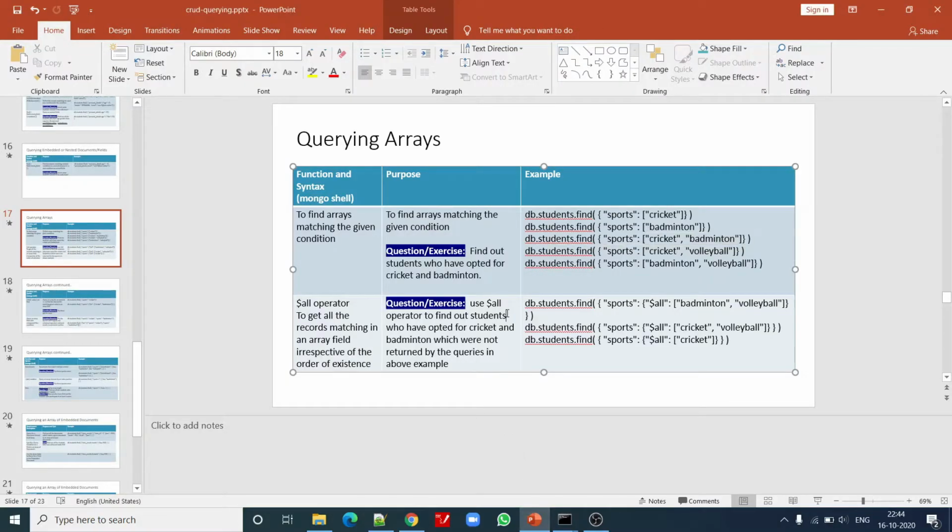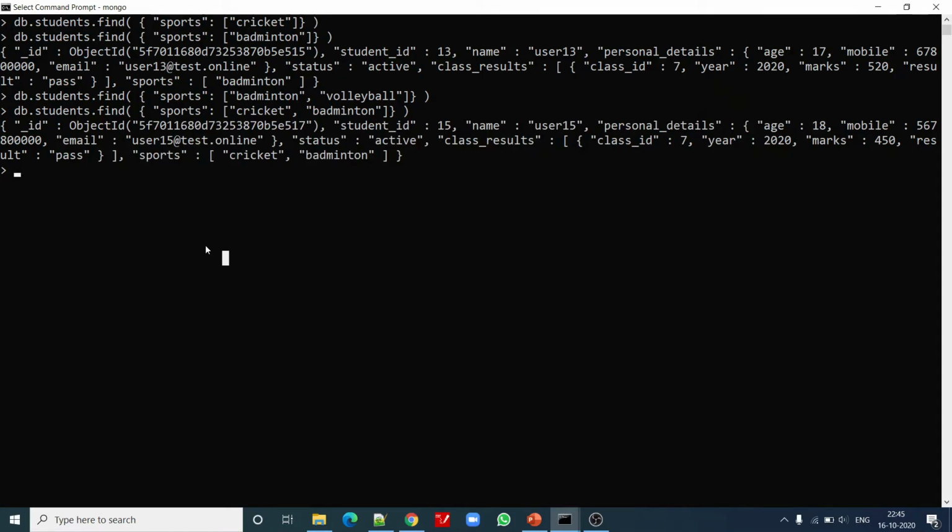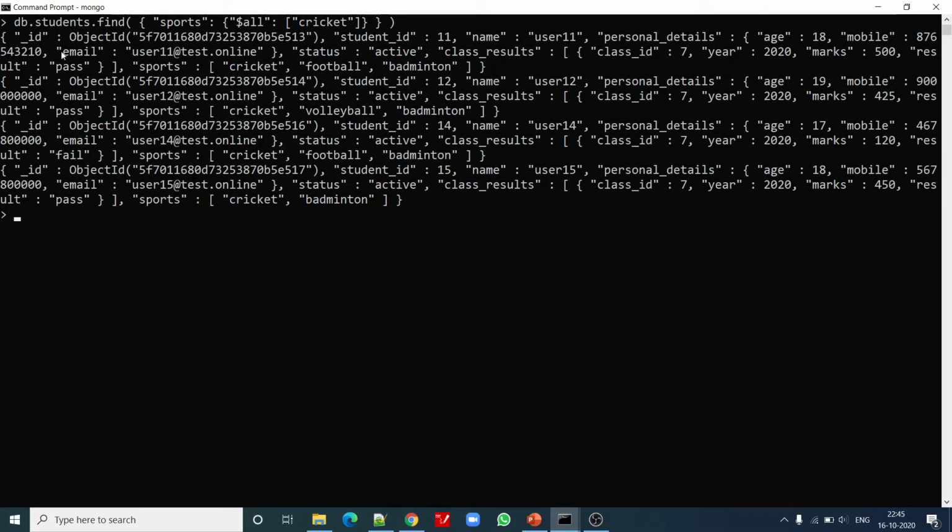Moving on, let me show you this query, right? We are going to mention, let us say, cricket. Let me clear it. Now, if you look at this, the difference between this query where we have used $all and the query which we ran a while ago, where it was only cricket and $all was not mentioned, right?